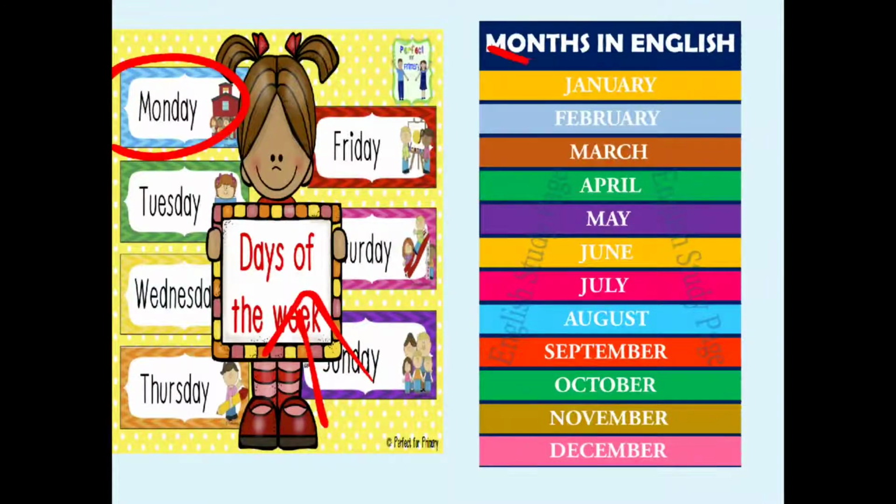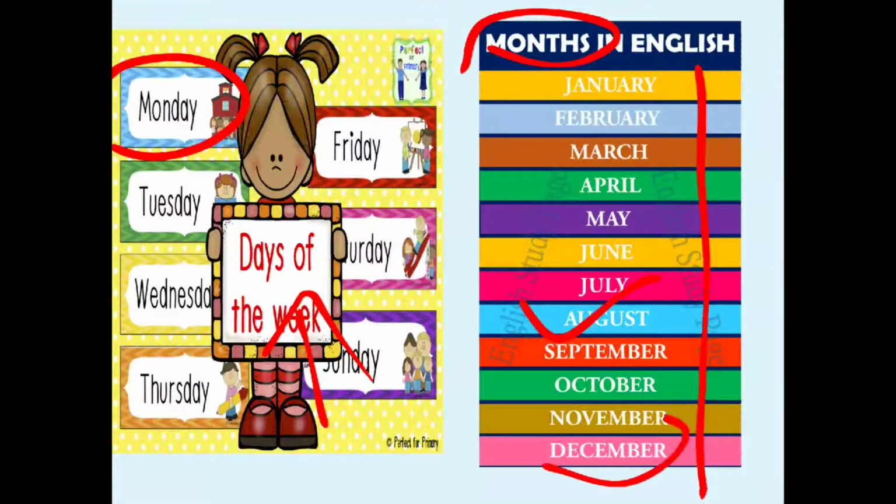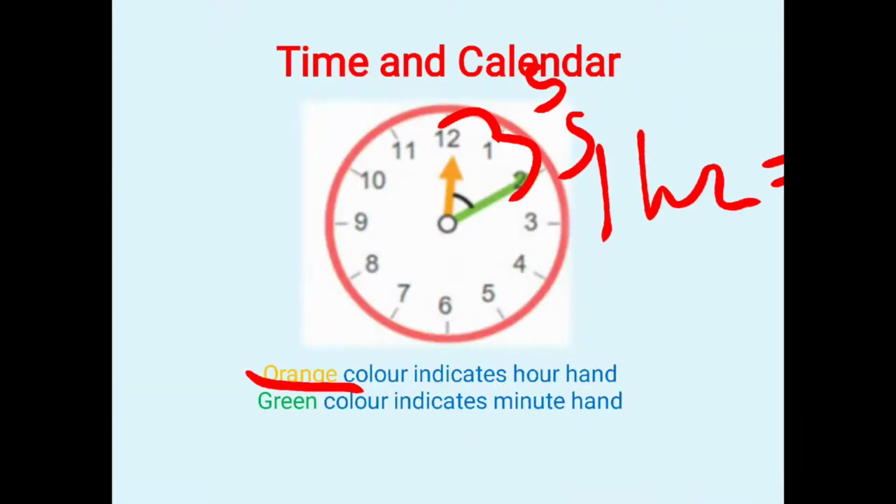In one year there are 12 months, starting from January ending to December. Like first is January, the second is February. You all know these months. We can ask you like this, which is the sixth month? So you have to remember that it's June. We can ask which month comes before September. It will be August. Which is the last month of the year? December. Then you have to remember.